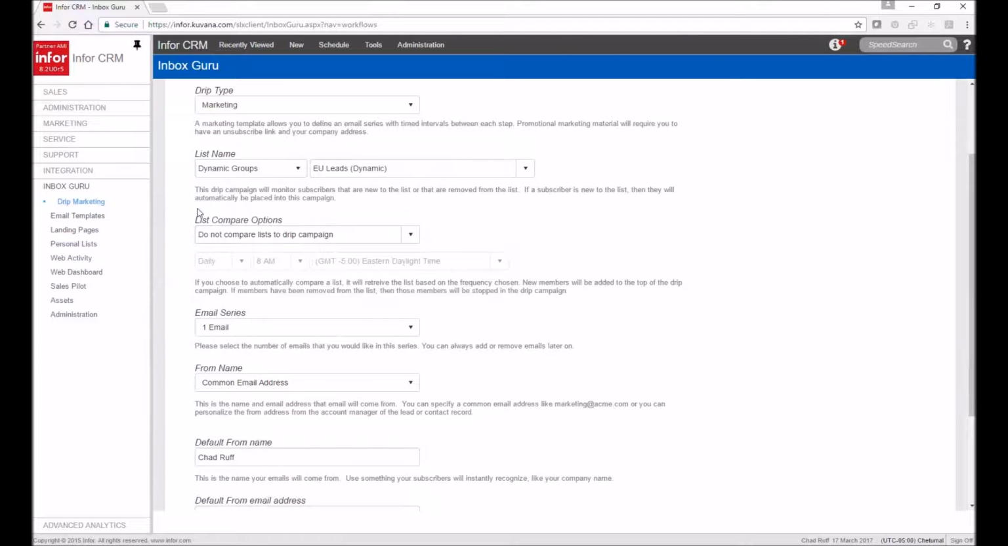Now here's a very cool feature of InboxGuru: list comparisons. As you know, dynamic groups have where criteria, and as data changes inside of Infor, the dynamic group will automatically pick them up because it's an ad hoc query. Also, if you add new leads or contacts to the system, the dynamic group will automatically pick those up based on the where criteria. So what InboxGuru has the ability to do is comparisons throughout the day